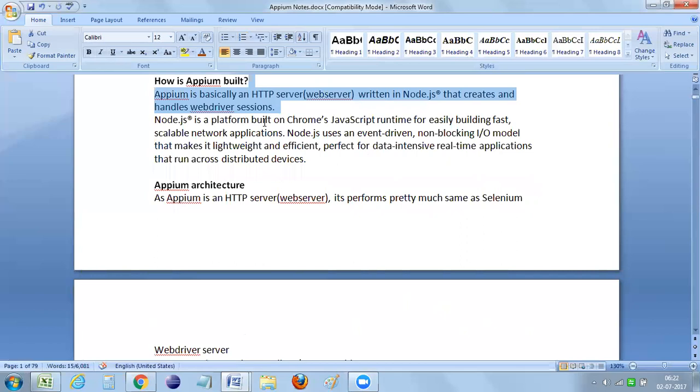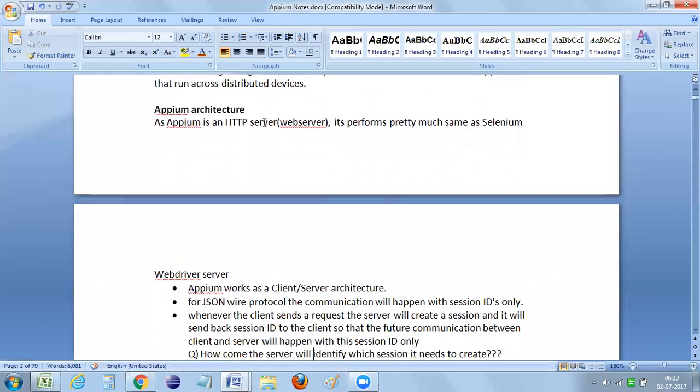And moreover, Node.js uses an event-driven, non-blocking I/O model that makes it lightweight, efficient, and perfect for real-time applications that run across distributed devices. So it was built on top of Node.js, which is used to build server-side applications or network-side applications. Okay, fine. So what exactly is